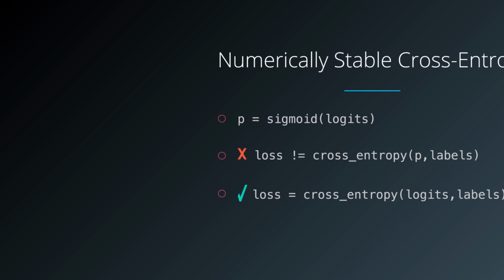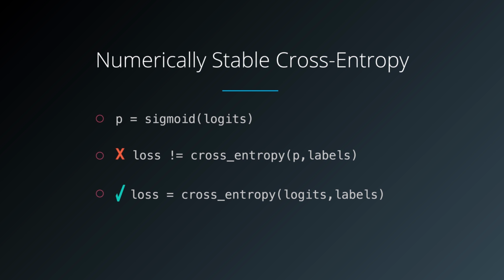One place where people often make a mistake is they forget to use the numerically stable version of cross-entropy, where the loss is computed using the logits. The logits are the values produced by the discriminator right before the sigmoid. If you use the probability values that come out of the sigmoid, there can be problems with rounding error when the sigmoid is near 0 or 1.